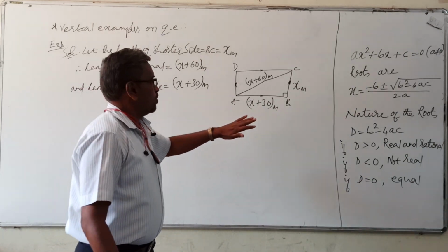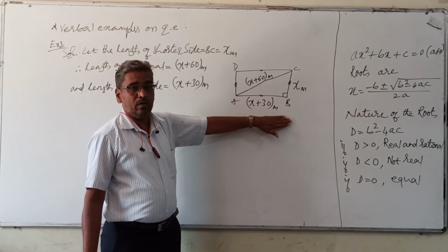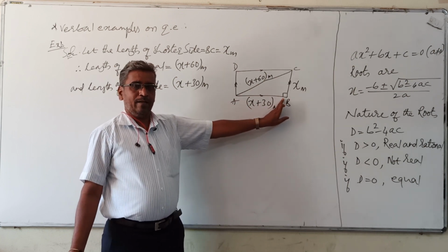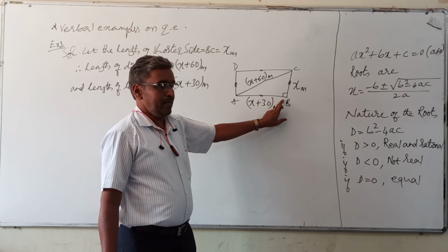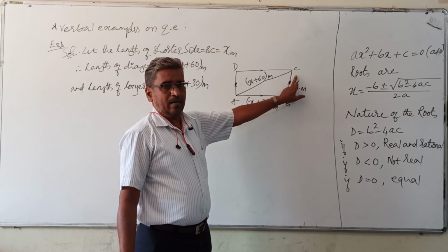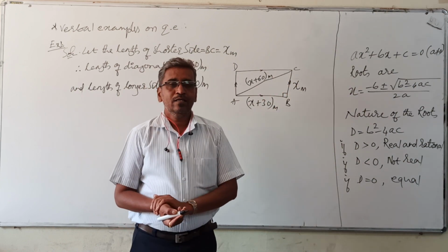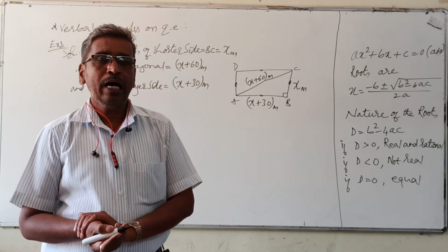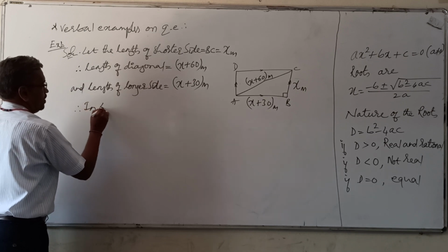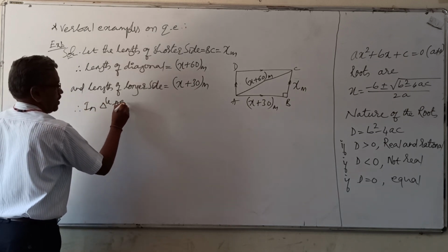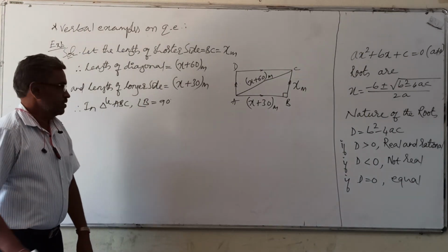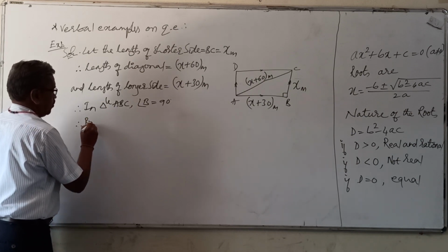So here when you are observing the rectangle ABCD, a very important point is what? That is, angle B is 90 degree. Angle B is 90 degree means triangle ABC is a right angled triangle. So where there is a right angle triangle, the Pythagoras theorem applies. Therefore in triangle ABC, angle B is 90 degree. Therefore, by Pythagoras theorem,